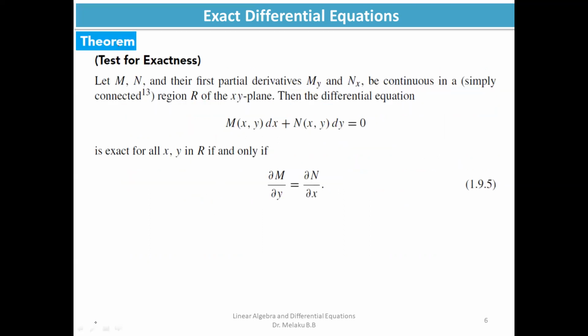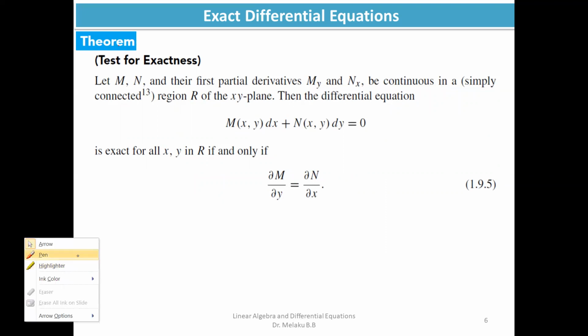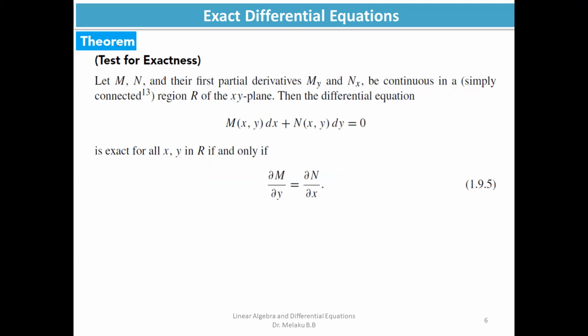So how are you going to check whether a certain differential equation is exact or not? Just simple. If we have a differential equation where their first partial derivative M_y means partial of M with respect to y, and this one N_x means partial of N with respect to x, these are the same. So it says M and N and their partial derivatives are continuous in a region R of xy, then